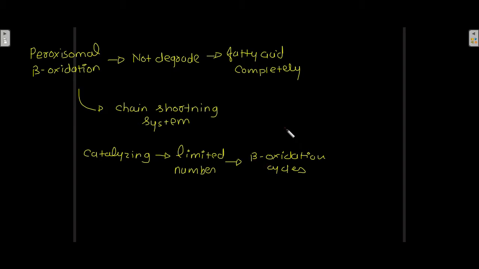So it does not completely degrade the fatty acid, but acts as a chain shortening system. The chain of the fatty acid becomes shorter once it is subjected to peroxisomal beta oxidation,